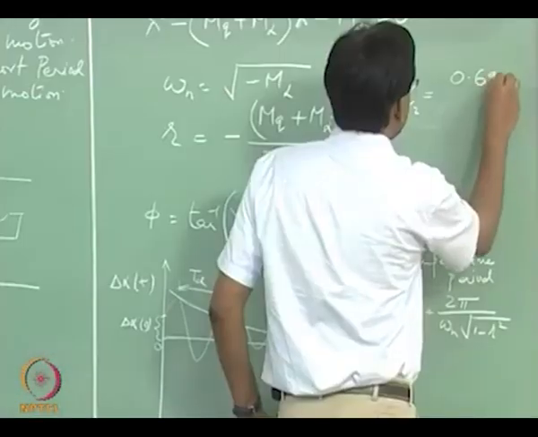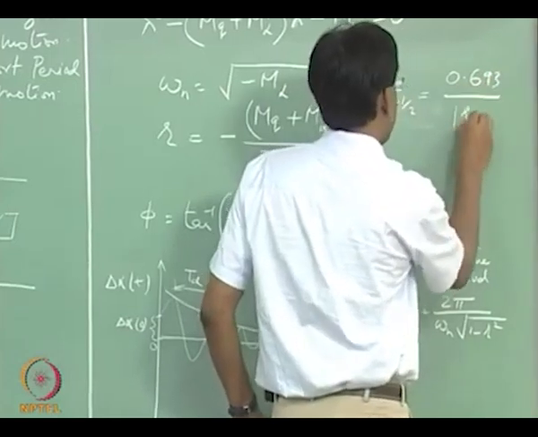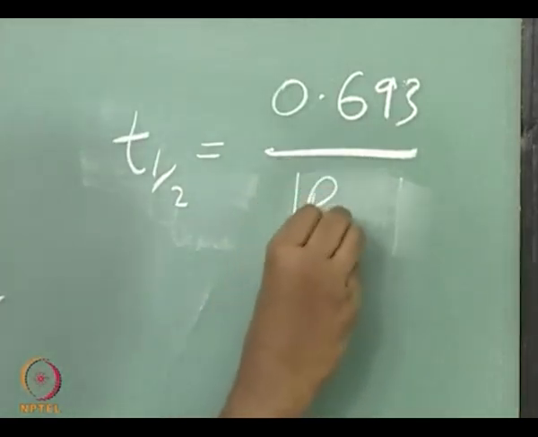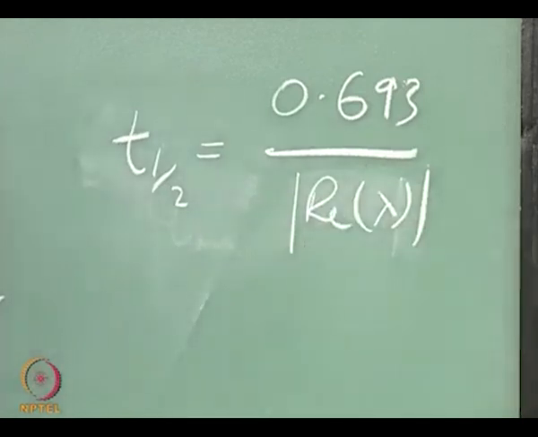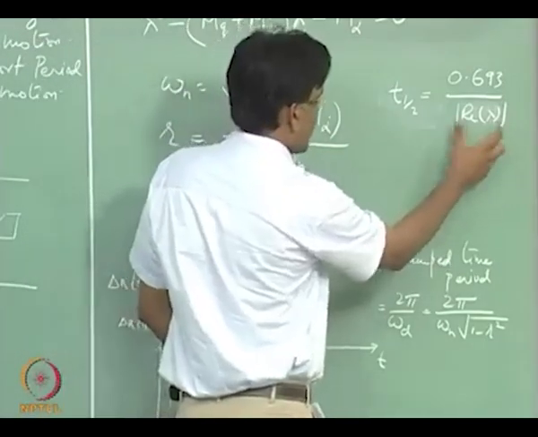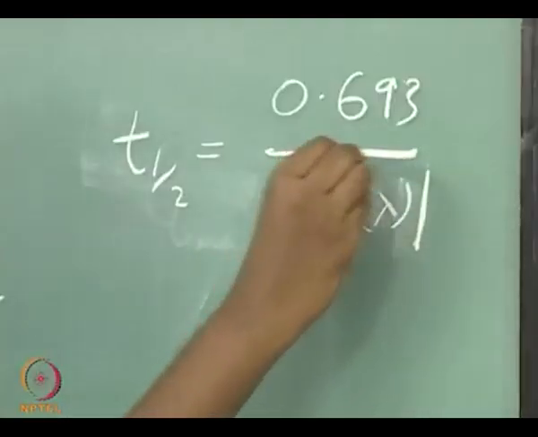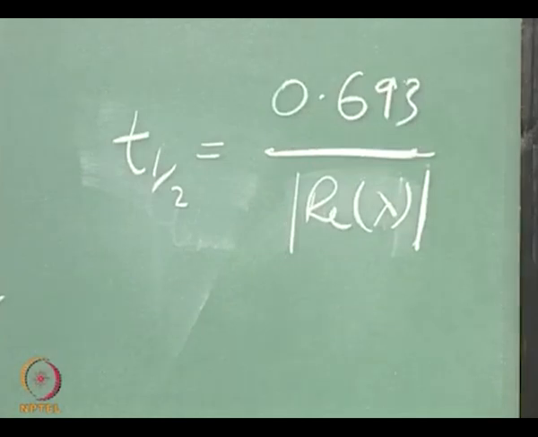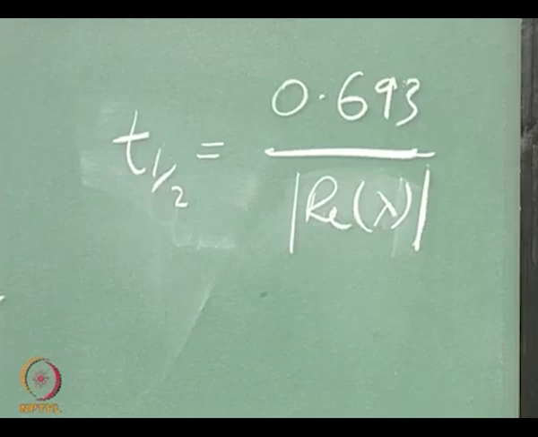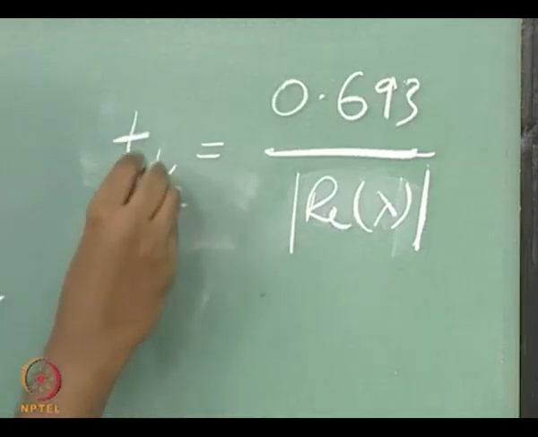And that is given by the real part of the eigenvalue. Because I am looking at the oscillatory response, not saying it is decaying or growing, we can call this as